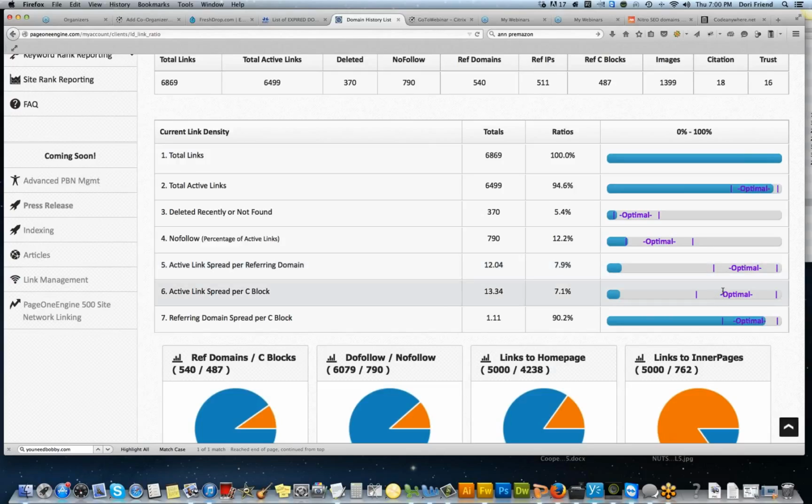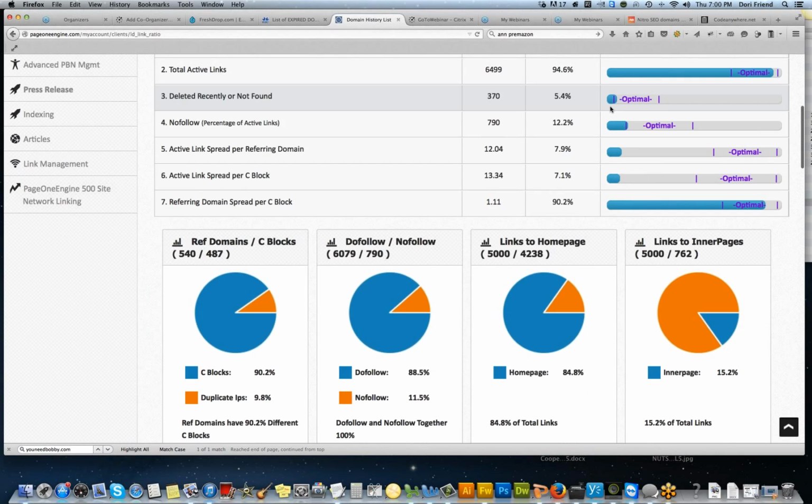I put the optimal just so you know what you're shooting for. That is not a deal breaker for me just because of that. They do have a great, having links from 487 different servers. That's phenomenal. That's really great. So this domain looks really healthy so far, and we can see